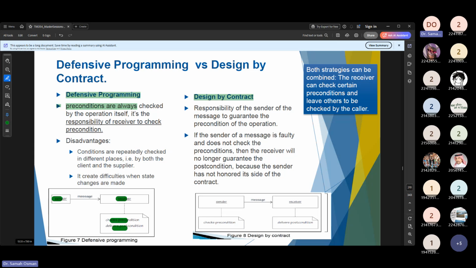That will put some load on the receiver, and that may be difficult to implement. So this is for defensive programming. When we go for design by contract,